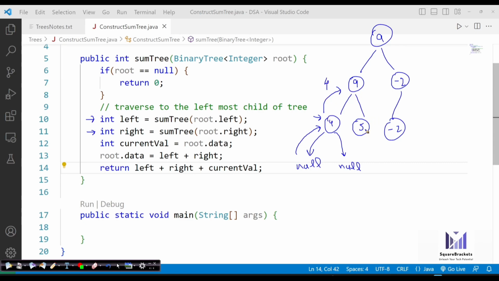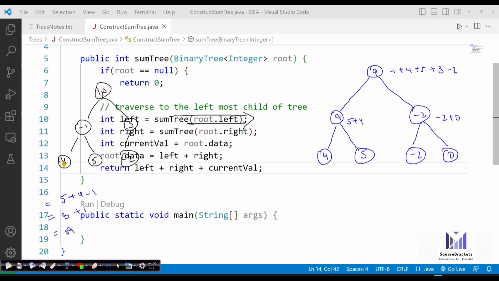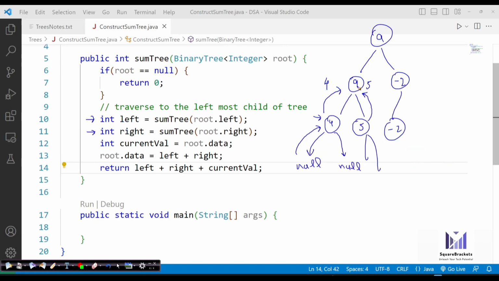Now 5 will be returned here by following a similar process, because it will now call for the right child, that is 5. It will go to the left and right, and see null, null. So it will return 5. So now it will do 5 plus 4, so it will get 9. This is how it is actually doing the sum. Okay, see, earlier the tree was like this. Actually, I should not have written 9 here. It should have been something else, or it could be 9, it's okay. If we are doing 5 plus 4, then it will be 9.